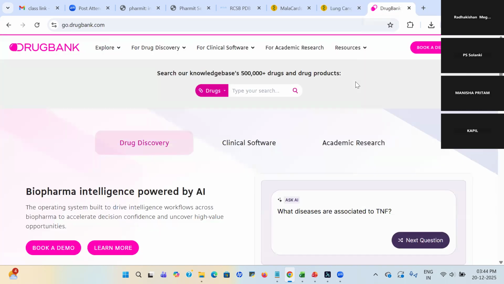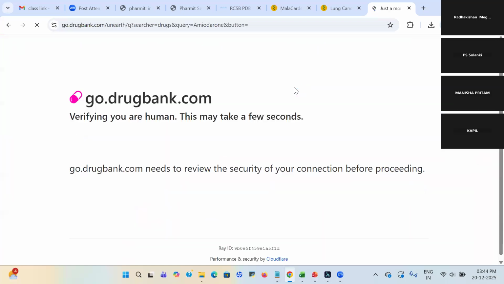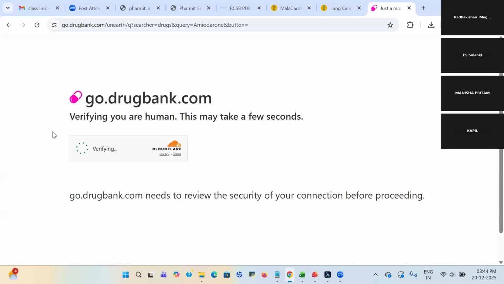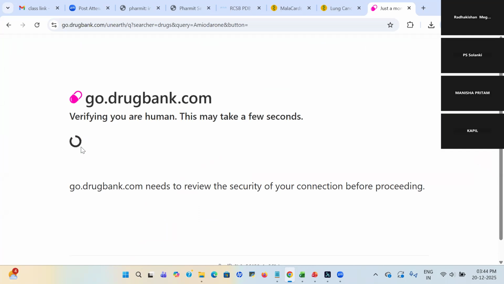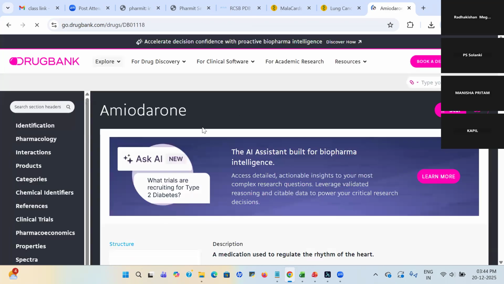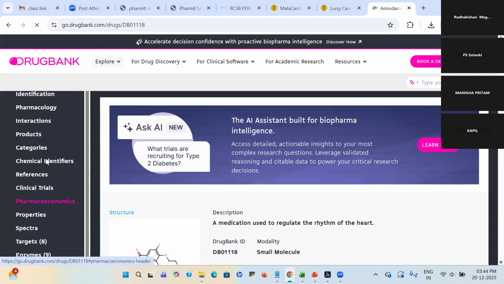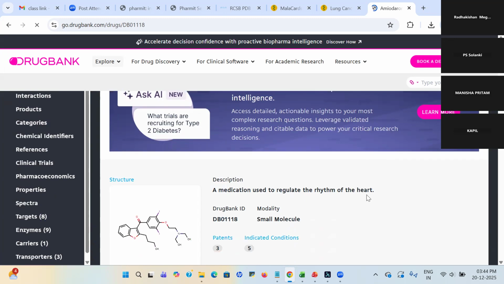Yes, ma'am. Okay, so now we have one drug. If we go and search for DrugBank, so here you can see on the left side there are lots of quick searches, and you can see targets. So before going to target, I want to introduce some other features also. Here what you can see